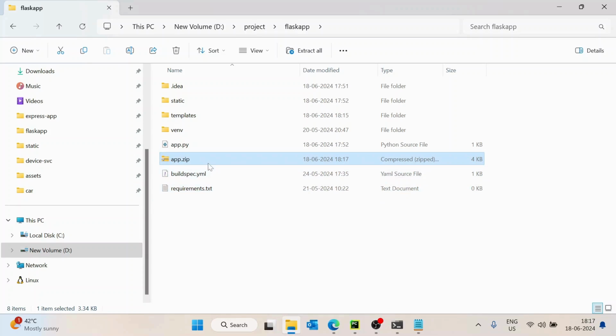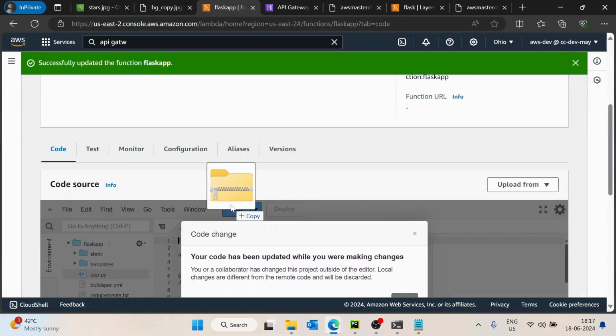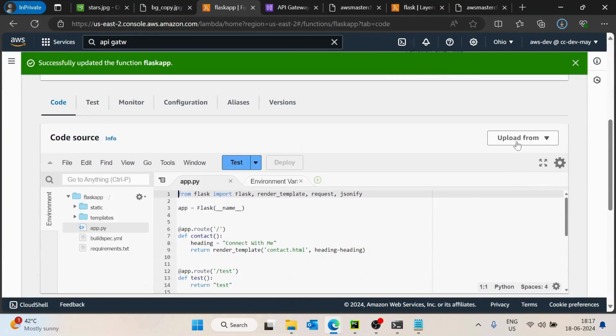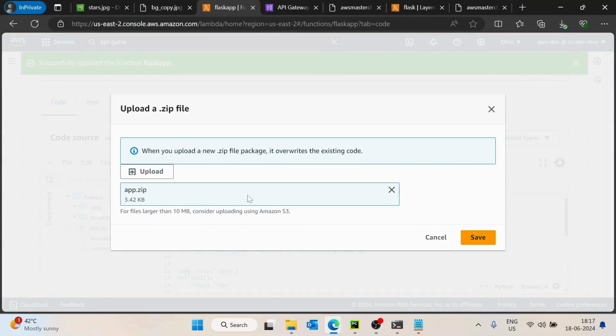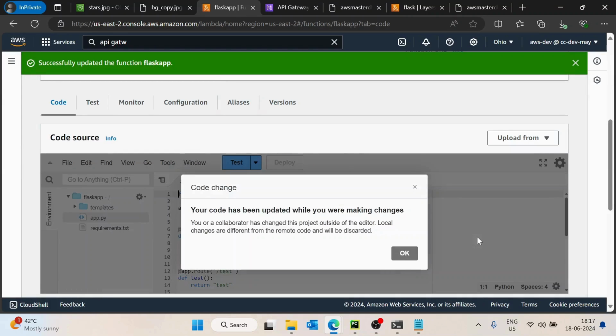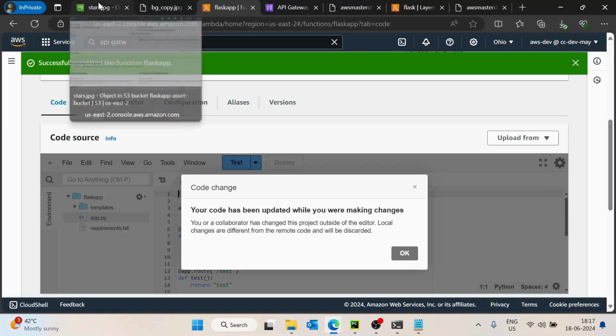So app.zip only we need. Okay, so it has changed it. Upload from zip file. So this time it is very small, right? 3.42 KB only. So that's the advantage of separating out those heavy images as well to the